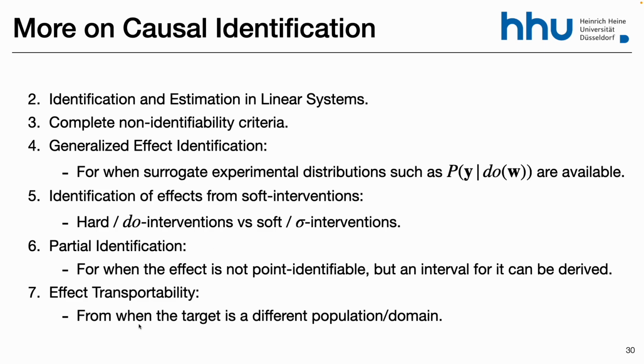Another thing that's really popular is called effect transportability. If you have an experimental study and you got the effect of X on Y through an experiment, you only guarantee internal validity, which means that the effect holds for the population in your sample. But if you transport this to another country, or to another animal, like if you did the experiments in rats, is this going to work in humans? You would need to transport it, and to transport it you need many more assumptions. This explains how and under what conditions you can do it.